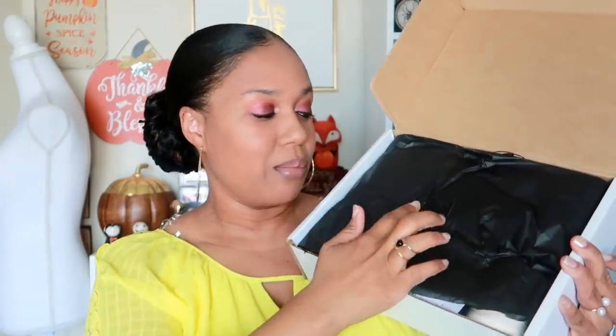So again, their box is all white and they have the little black crown on the top. I really like that. I think that is so cute and simple and sleek. And then they put the black paper in here, it's black on black, so you probably can't see it, but there's a black crown sticker like the one on the front of the box. I think that is so adorable. So let me get this open. I'm going to tear open this paper,